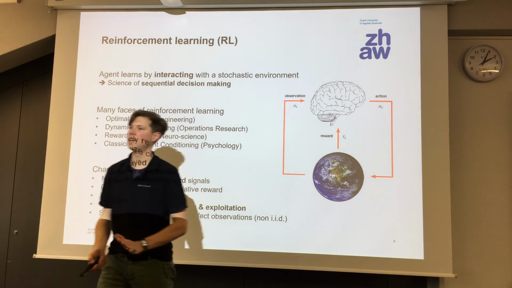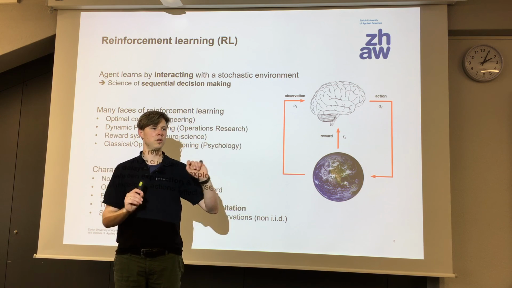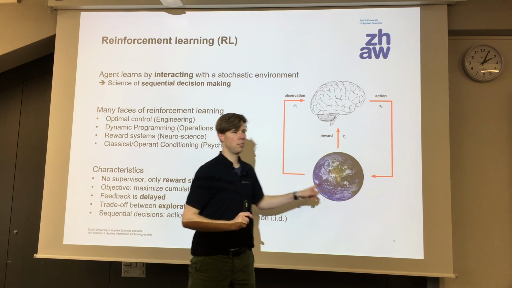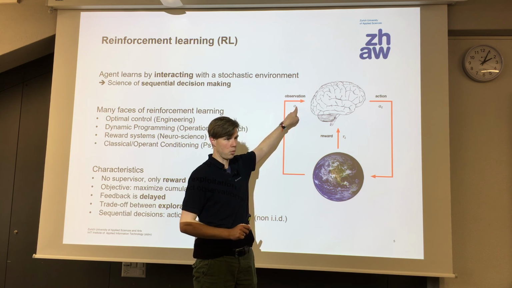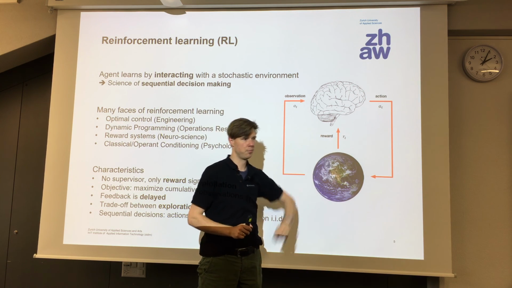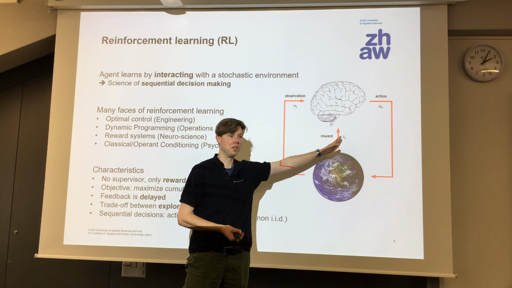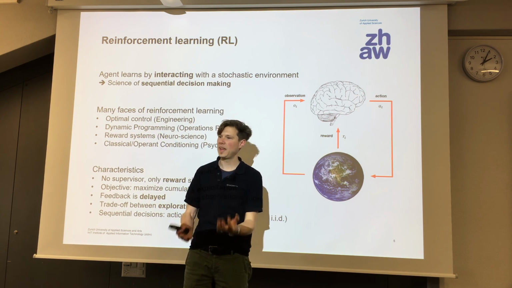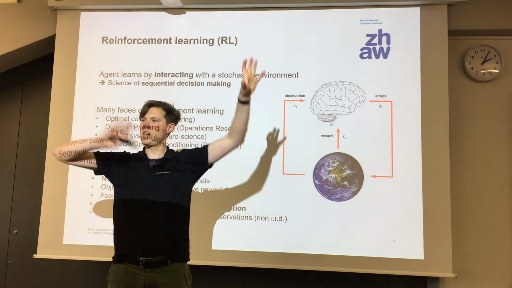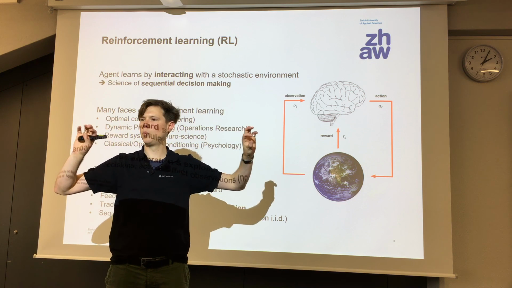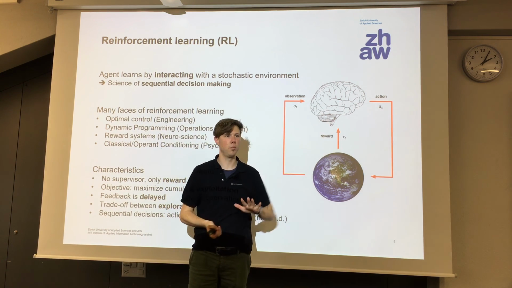It's not anymore about data sets. It's not anymore about for every input you know the output. It's interaction with an environment. For every time step, issuing an action, receiving an observation, and sometimes receiving a reward. Or always receiving a reward, but sometimes it's non-zero. So that's the general setup of reinforcement learning. All these different algorithms, versions that have not much in common, all have the same in common, that they solve such a problem, such an environment.